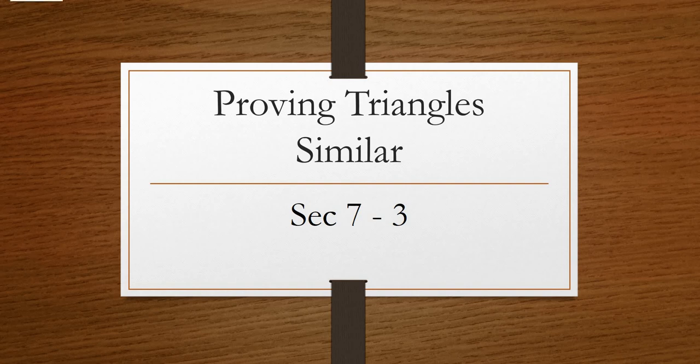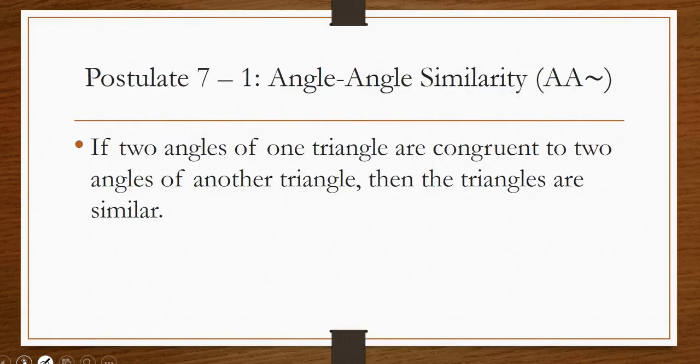Okay, section 7.3 is proving triangles similar. So we're still working with similar polygons. Postulate 7.1 is the angle-angle similarity. It can also be written just as AA and then the similarity symbol. And it says if two angles of one triangle are congruent to two angles of another triangle, then the triangles